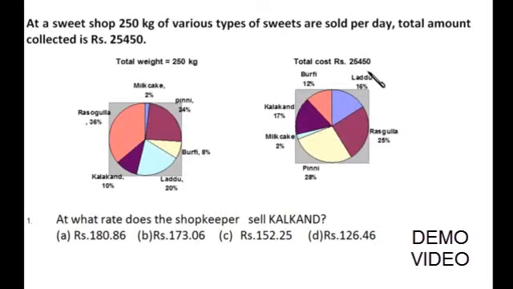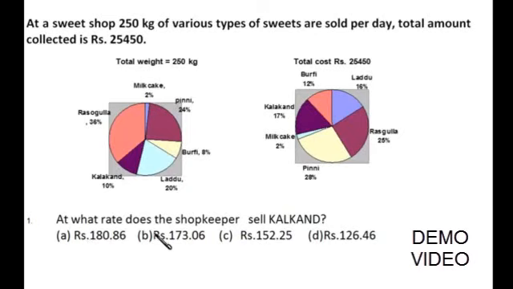Now let's take questions one by one. Friends, to discuss various time saving techniques and maybe smart techniques or short techniques, whatever you say, I have taken 10 questions based on these pie diagrams. So I'll be discussing various techniques, but just listen to me carefully and try to understand each and every concept or technique, right?